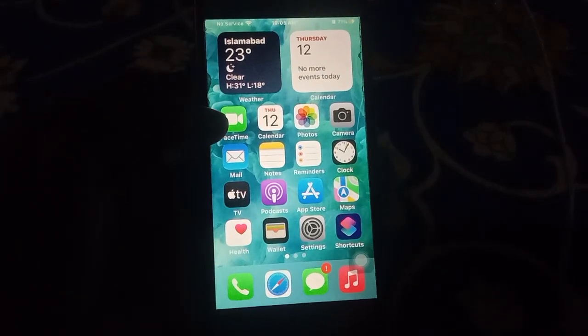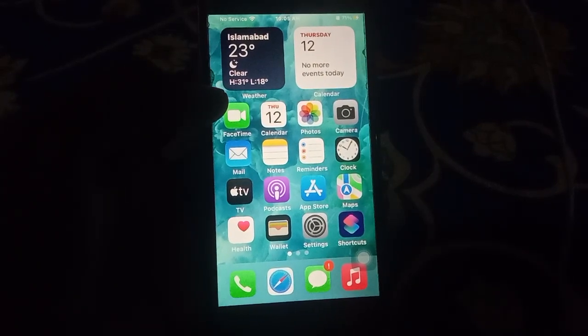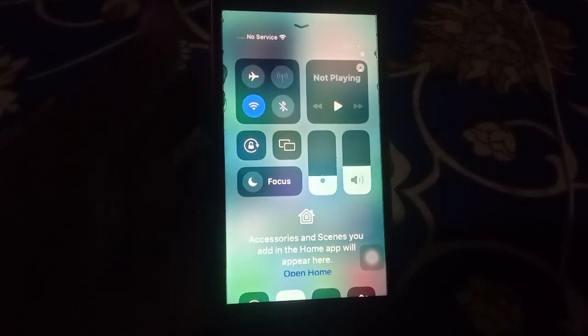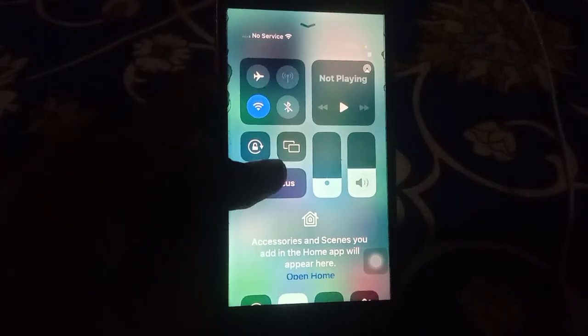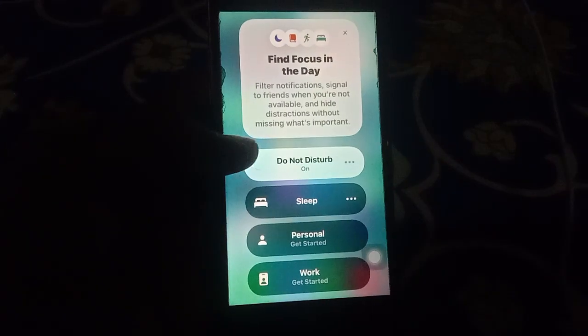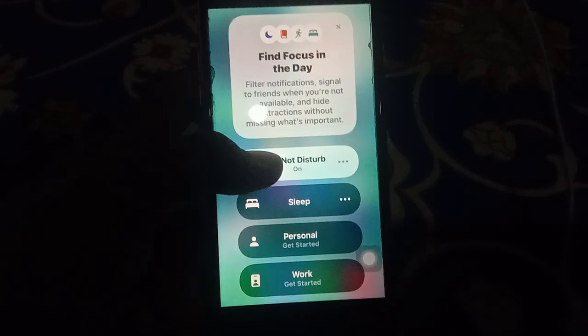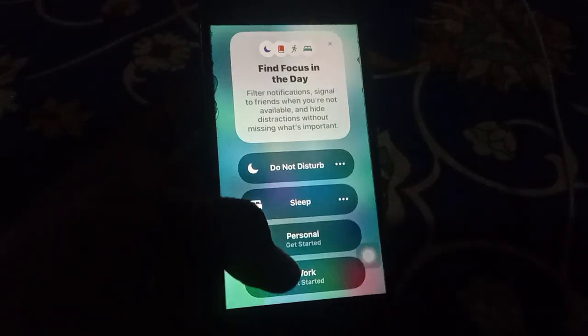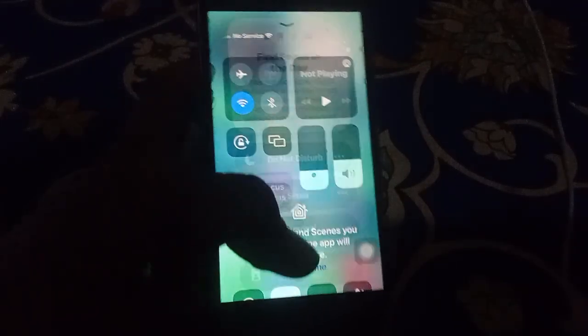And if the second solution is not working, third solution, check the Do Not Disturb mode setting. Open the Control Center, then click on Focus mode. Check whether Do Not Disturb mode is turned on or off on your iPhone. If the third solution is not working,